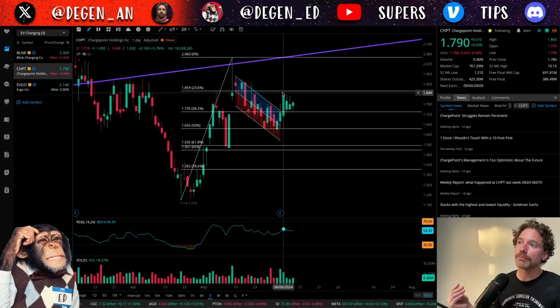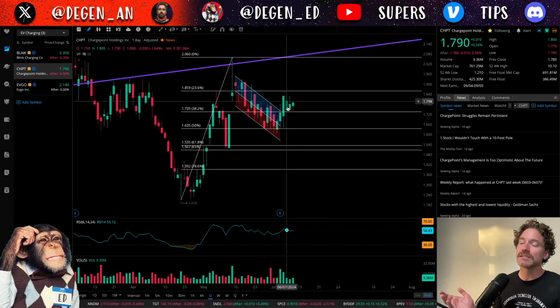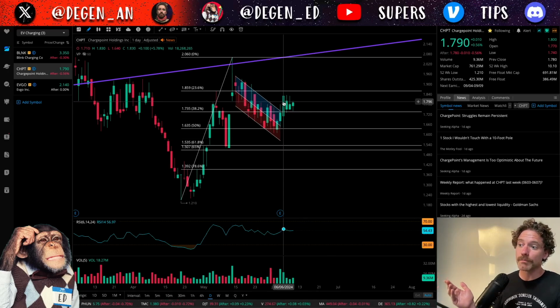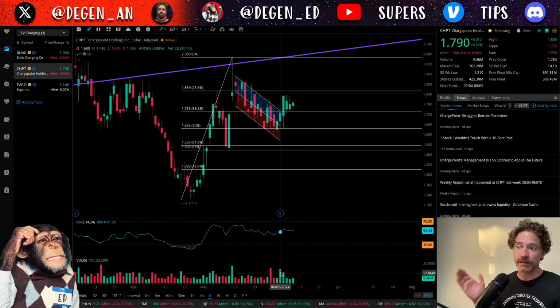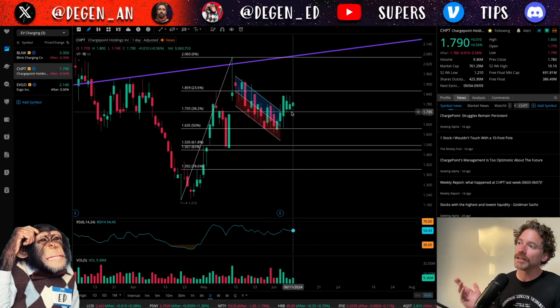And so we did get a break above that, but we also really saw a break above that on the 6th. And while we haven't seen confirmation, a close above the high from the 6th, which was $1.83, we have seen some nice consolidation. And with that consolidation, following this up move, we saw an uptick in the volume. And then with this consolidation, volume has cooled off a little bit, and we have been respecting the 382 here